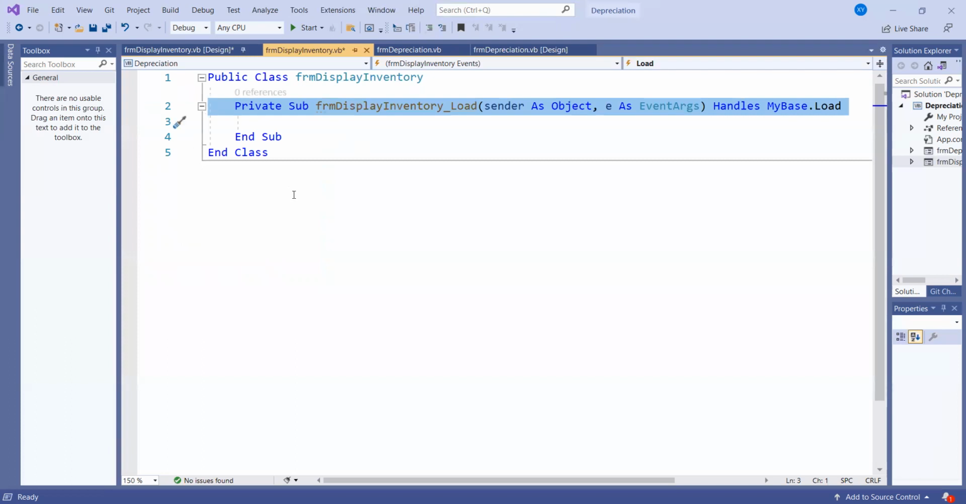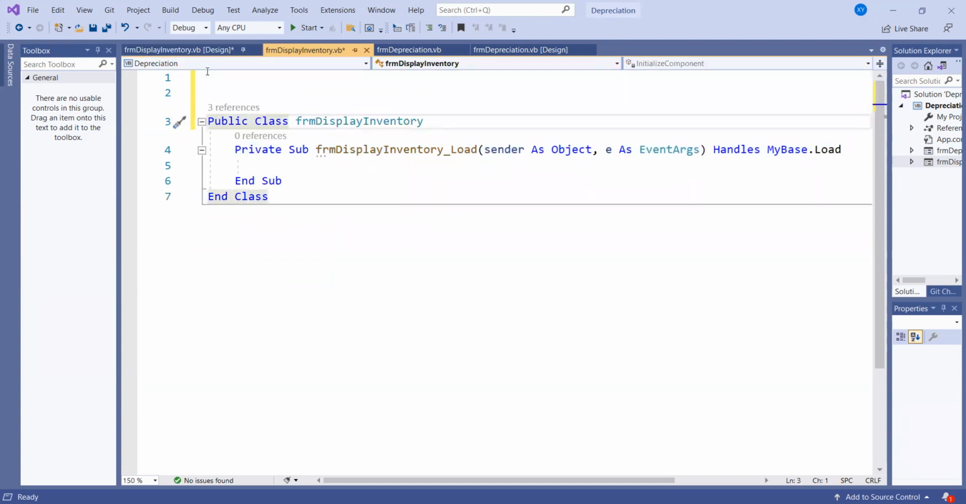So what is this form? It gives you a comment. So I'm going to click enter to have an empty line. So the first one is: form display inventory class is opened by form